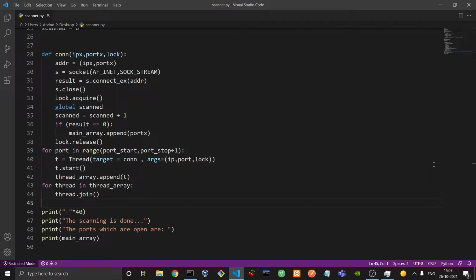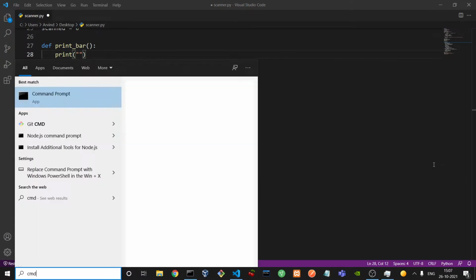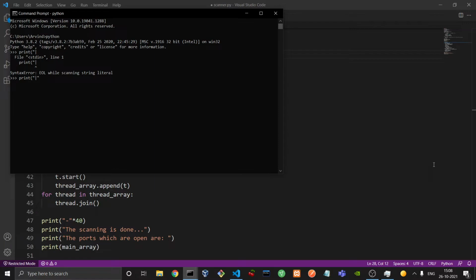So what it would do is basically we first need to define the function, and I'll explain on the way while typing it what the function is. So print bar, and essentially what this function would do is that we'll try to use, like, I'll just show you, maybe I'll open CMD, and over here I'll type in Python, and let's print this, and we'll concatenate it with